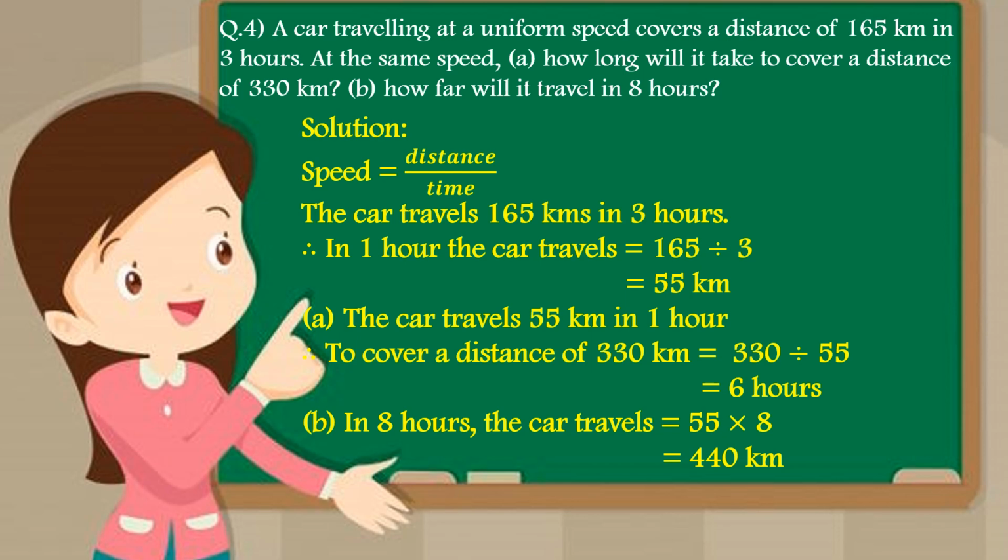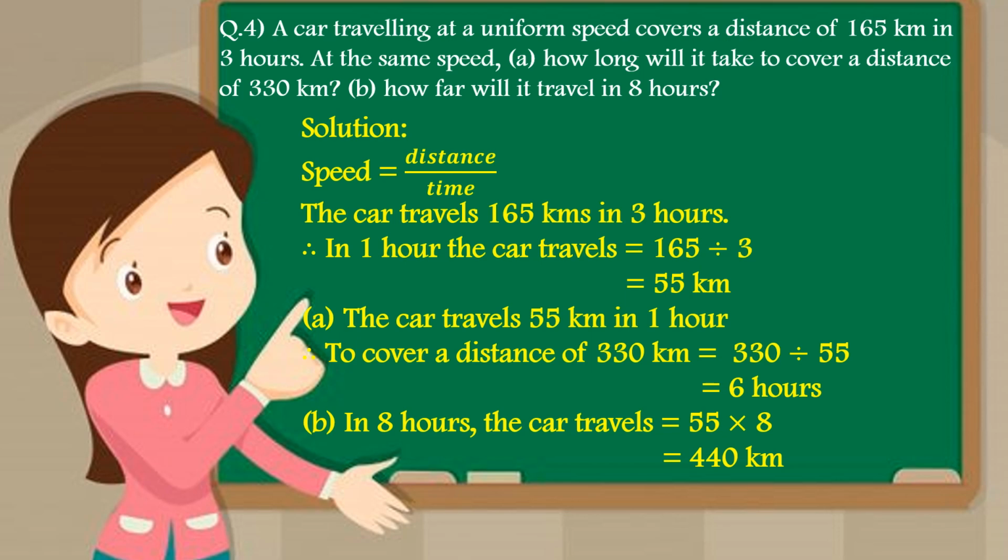Now this kilometer and distance, that is time and distance, both are related to speed of a vehicle. Now children, you all have learned the topic speed in your science where it is explained to you to measure the speed we need to find distance divided by time. That is speed equals distance by time. Whatever answer you get by dividing distance by time, that is the speed of the vehicle.